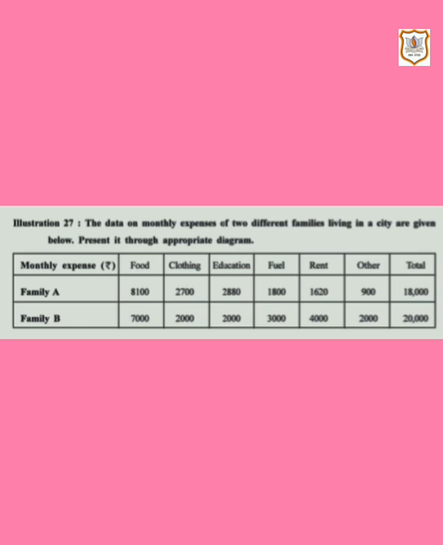Percentage divided bar diagram is drawn to compare the mutually related subdata effectively. The total value in a percentage divided bar diagram is considered as 100%, and the percentage of subdata calculated on the basis of it is presented in the divided bar diagram. Here we have to compare the subdata on the monthly expense of two families, so we will draw a percentage divided bar diagram.